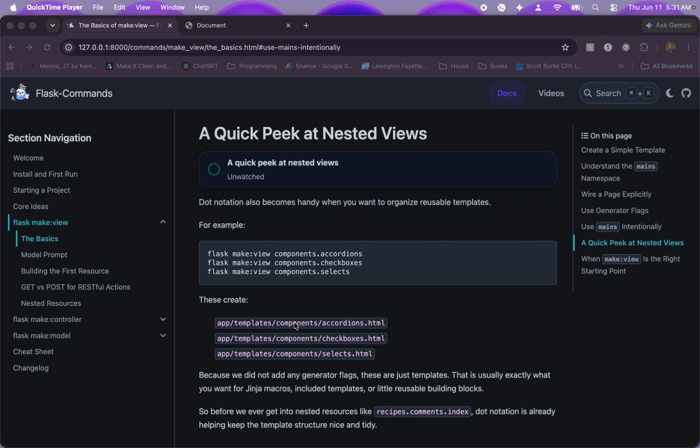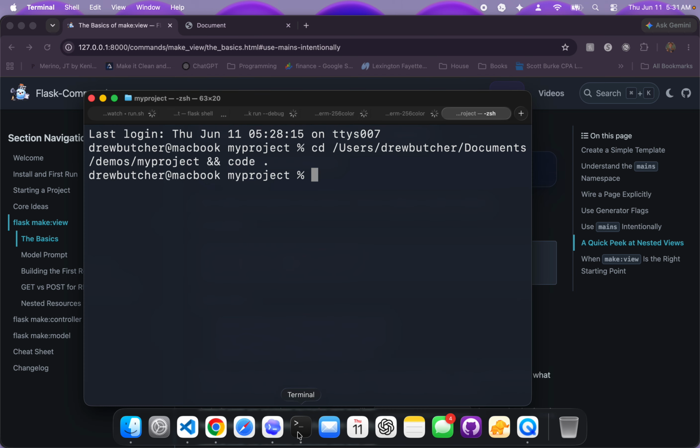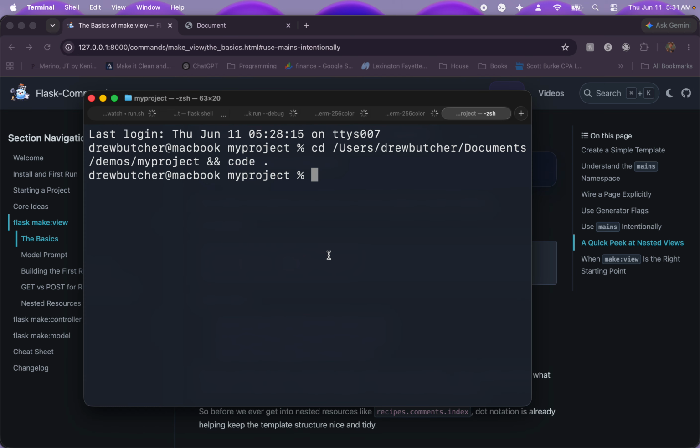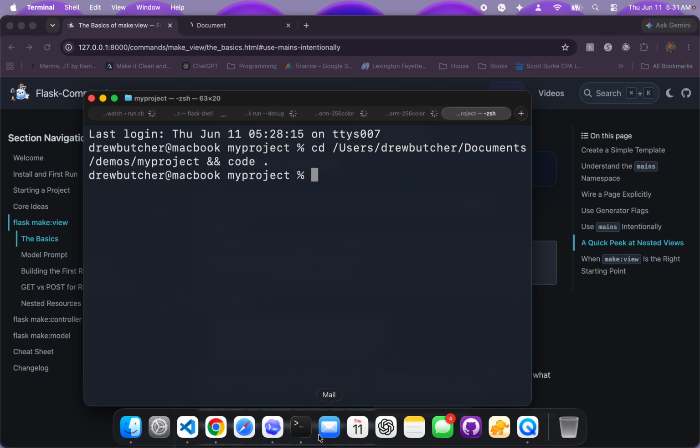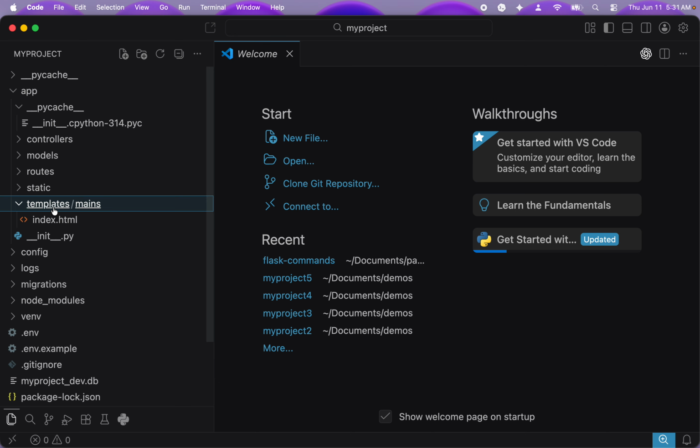And so this is where that dot notation comes in handy. So let's say that I'm in my project. So here we are. And I want to create a reusable button that I'm going to use on multiple HTML pages. So in my project, if I pull up my project, under templates, what you would do is create a folder called components, or whatever you want to call it. I typically call it components. And then you would start putting different HTML files in that folder. And so that's where